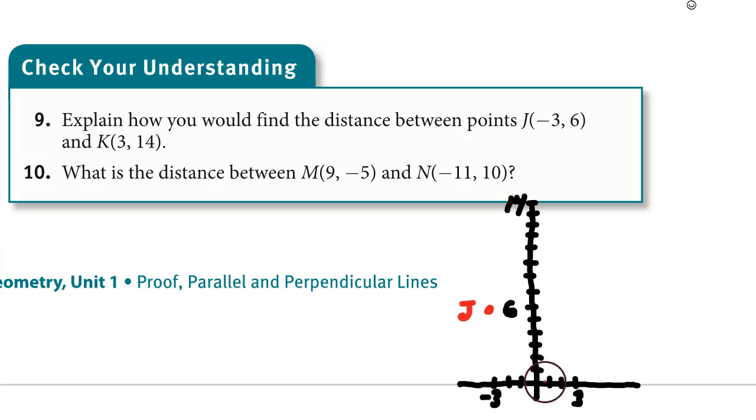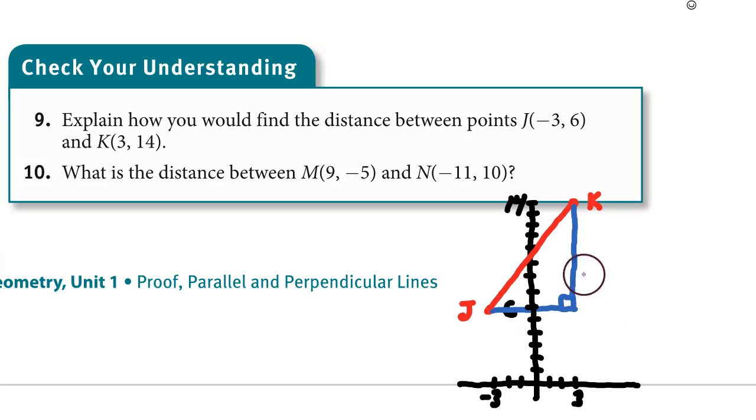K is at 3, 14. Right 3, up 14. K is located here. Draw a segment connecting J and K. The next thing we want to do is create a right triangle. So we want to drop straight down from point K and go to the right from J to create a